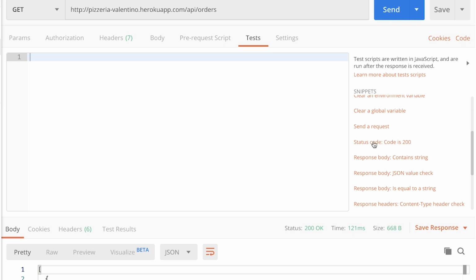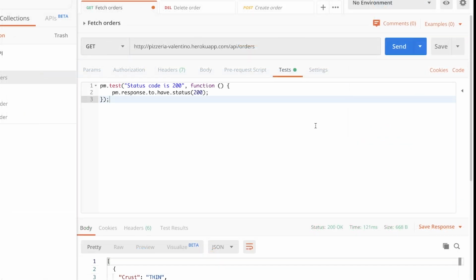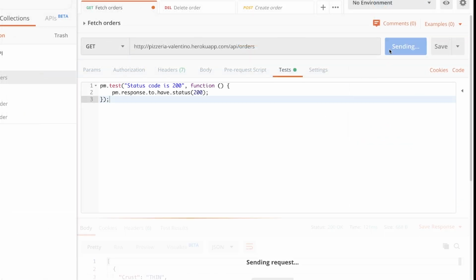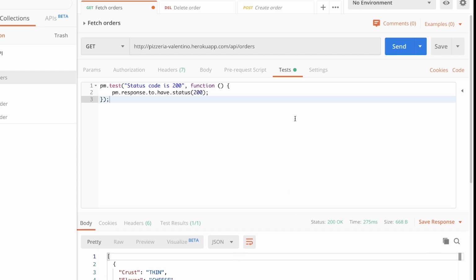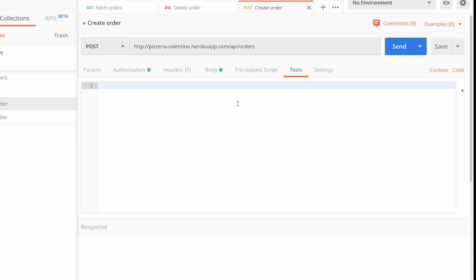Let's say that we expect that the status is 200. So what this will do is that every time this request will be sent, and I'm sending it right now, this specific test will be executed. You'll see here in the test results that the status is 200. If I copy the same test and go to create order,